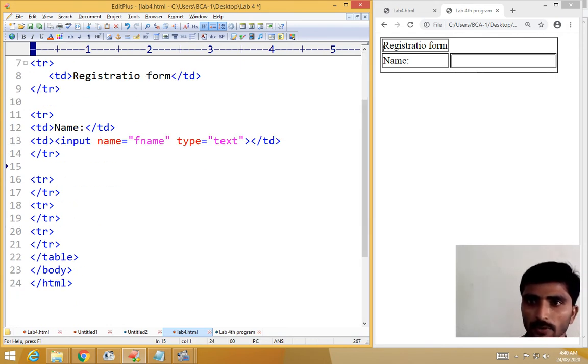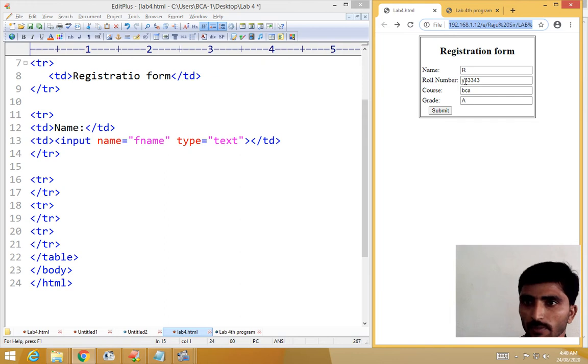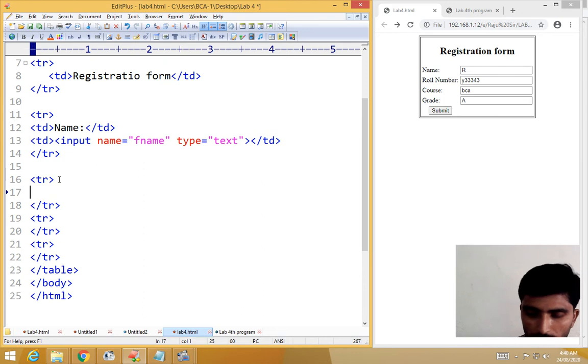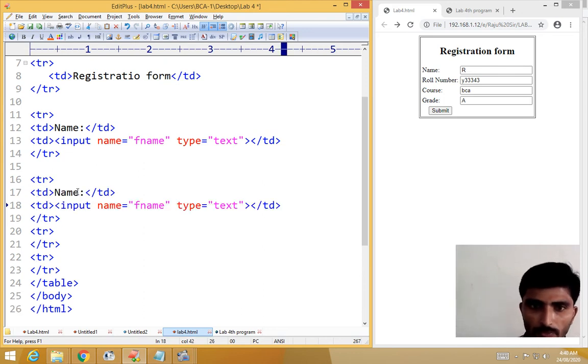In the third row I want to create roll number. So for that, how to create roll number? Same thing, you have to copy these two lines and paste them in the third row. The second one is roll number, right? Then here you have to give the name, which is roll number.